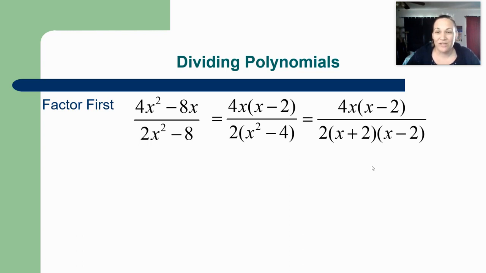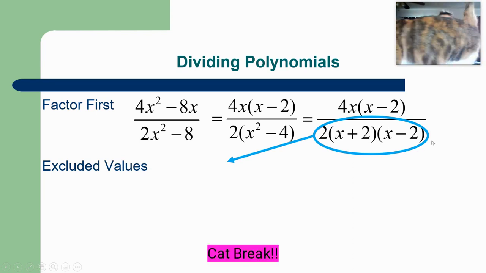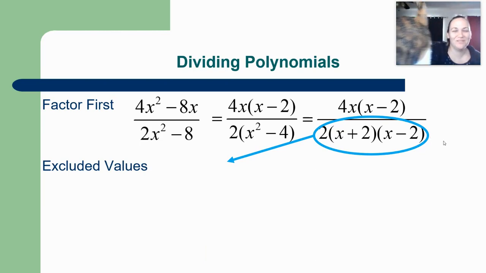Once you have your fully factored fraction, then you're going to find your excluded values. Now, your excluded values only come from the denominator, and they only come from anywhere that there's a letter x. So in my denominator, I have a number 2. That does not have a letter x next to it. So this 2 is not going to give me an excluded value. Next, I have a parentheses with an x plus 2, and then I have a parentheses with an x minus 2. Those two parentheses are where I'm going to get my excluded values from. When you have those parentheses,